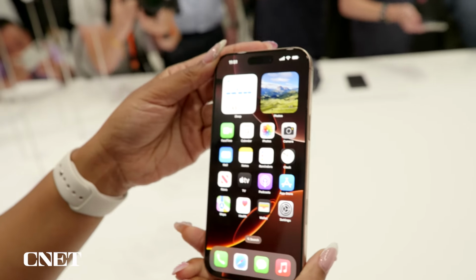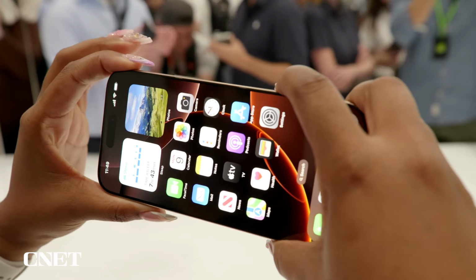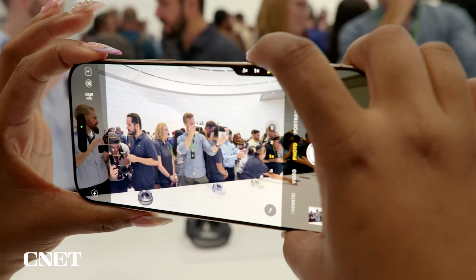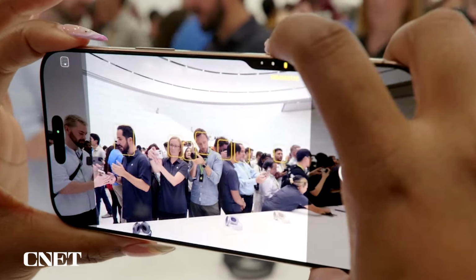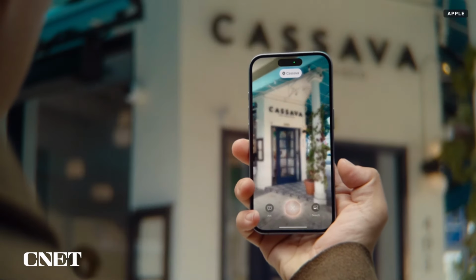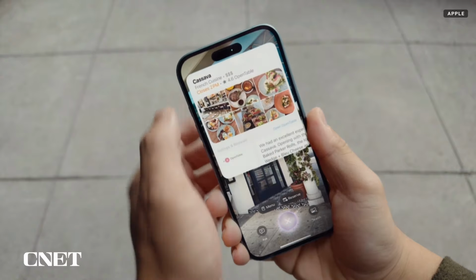On the right side is a new button that's, well, not really a button. It's a touch controller for the camera that can not only open the camera and take a photo, but can also be used to change the zoom, switch cameras, photo styles, and the aperture and portrait mode. The new controller will also get an Apple Intelligence feature called Visual Intelligence that you can press and get context of whatever your camera is pointing at. This feature seems very similar to Google Lens, and unfortunately I won't get to try it until later this year